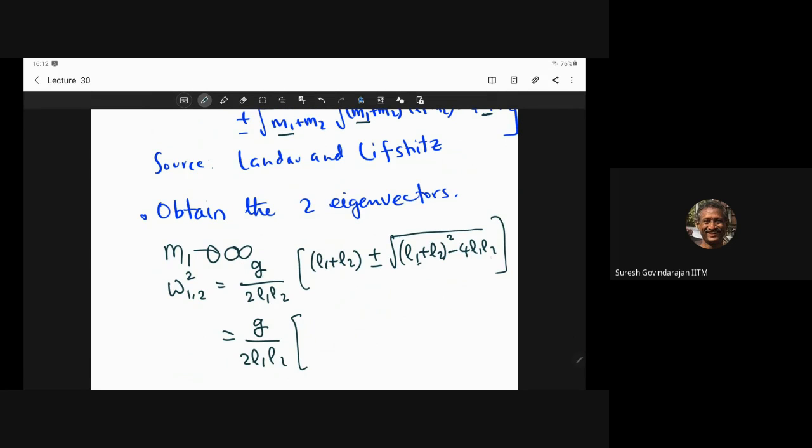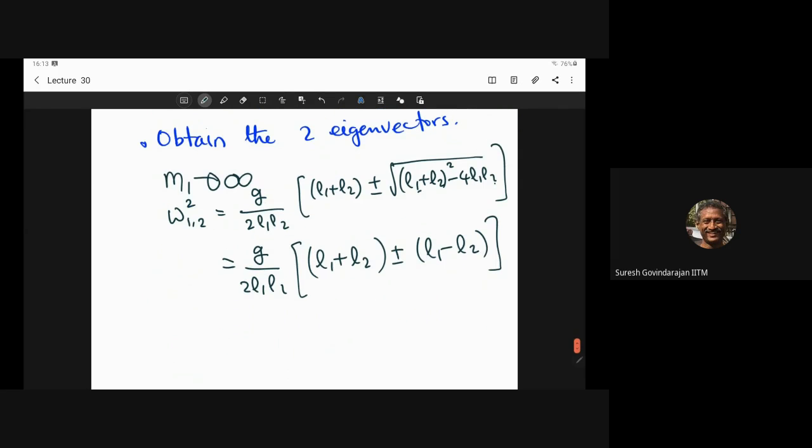So what is this? L1 plus L2 whole square minus 4 L1 L2. L1 minus L2, L1 minus L2. Very good. So we get two answers. So omega 1 will be square